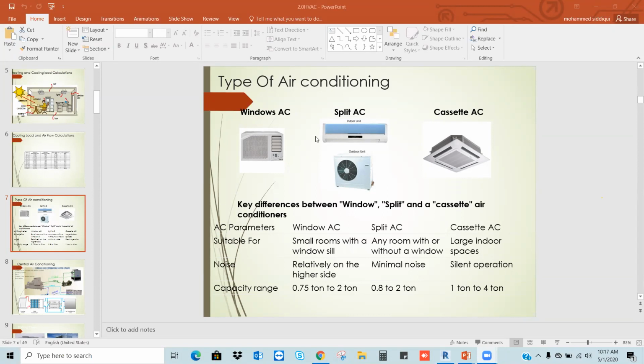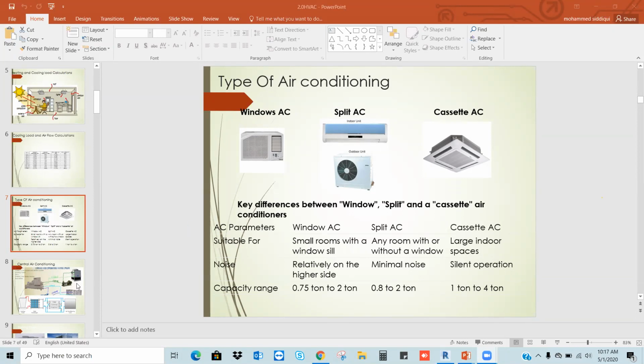And coming to the air conditioning system, what are the other air conditioning systems we have? What are the components, objects, equipment we have? Let us discuss. We should know these things, then only we can work perfectly on Revit.